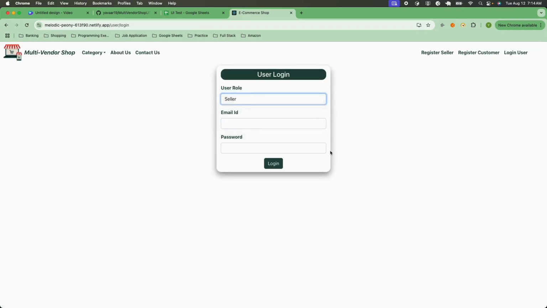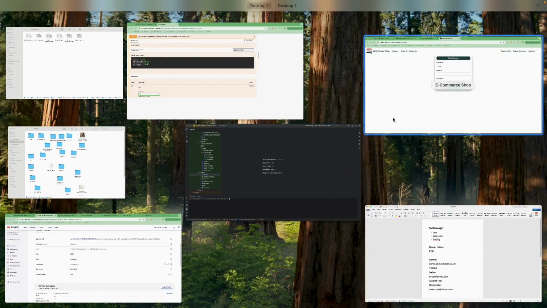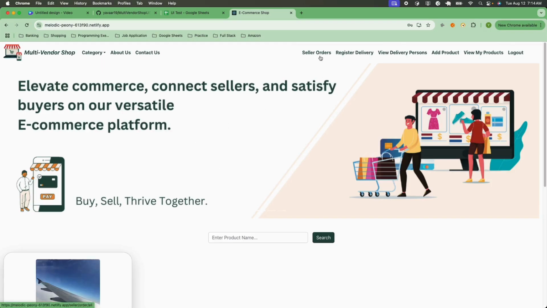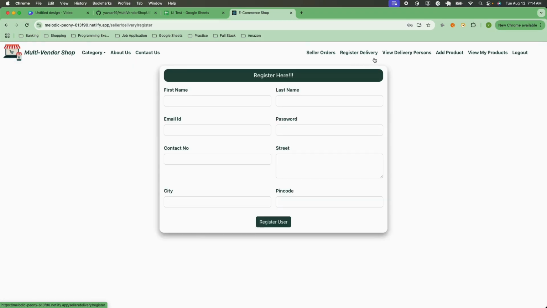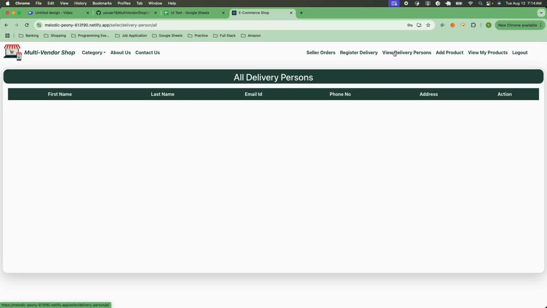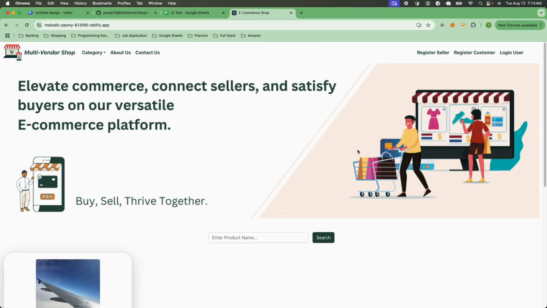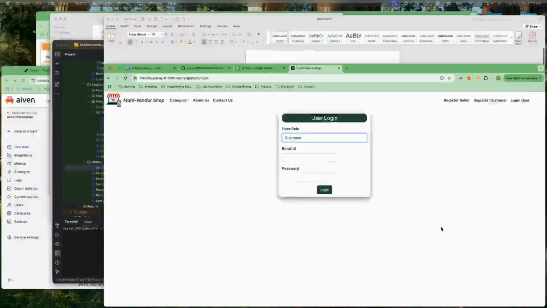Now if we go into the seller portal, as a seller, you can view all the seller's orders. You can register a delivery driver. You can view any delivery drivers that you've created yourself. You could add a product. You can view all your products. This is a demo product, and that's pretty much for the seller portal. Now if we take a look at the customer's portal,